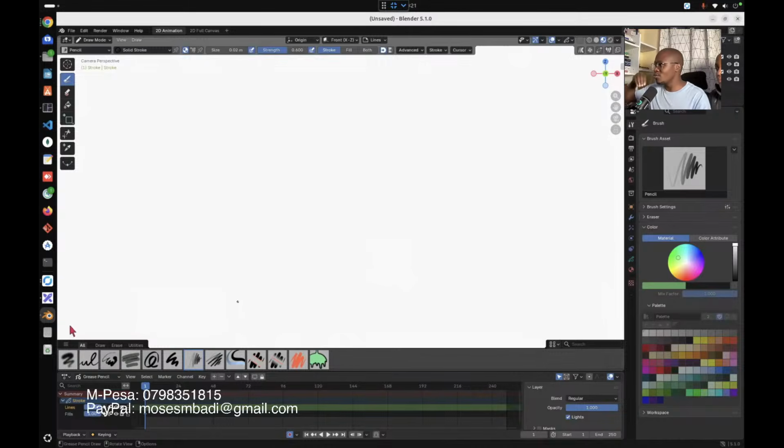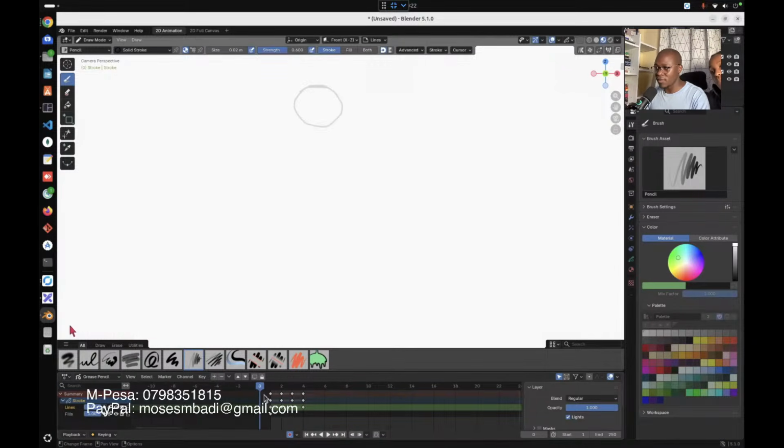Assuming you want to do a ball bouncing, up and down, I'll zoom out of this viewport and then go up to that point. Here I want to draw a ball. It's right here, and then the second, the ball is right here, and then at this particular time it's right here, and as it hits the ground it becomes squashed sort of, and then we repeat the sequence.